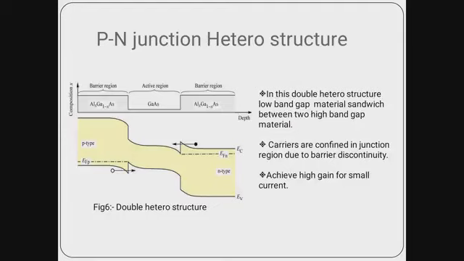Like here in this diagram, we have chosen aluminum gallium arsenide, which is the first material. Another one is gallium arsenide, and the last one is the same aluminum gallium arsenide for n-type bead. This one is for p-type bead, this one is for n-type bead, and this is the gallium arsenide, which is basically sandwiched in between two materials, and these materials are aluminum gallium arsenides for p-type bead as well as the n-type bead.